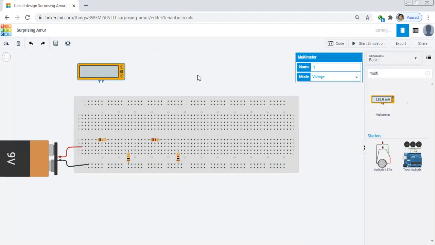this is our multimeter, and in the multimeter we have a mode option, and in the mode option we have multiple quantities which we want to measure. As in the KCL experiment we want to measure the current, so we set amperage, and according to this circuit, as you see here,